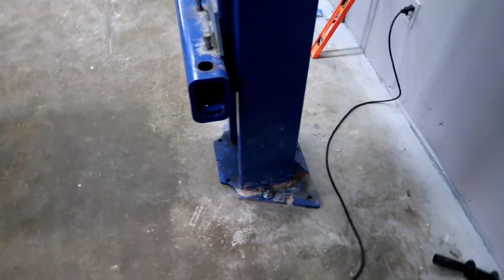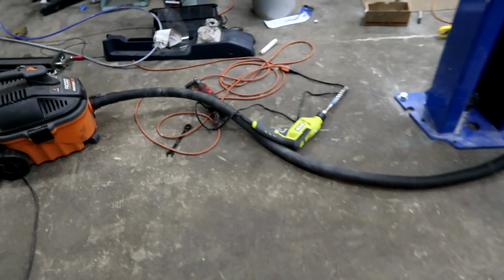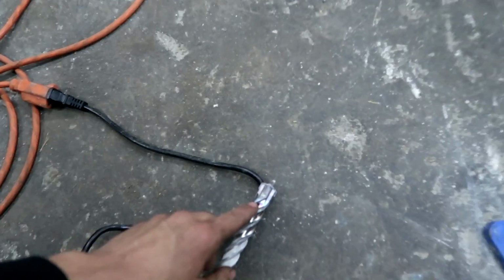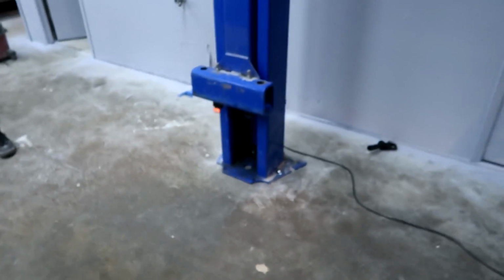Now we have 2 studs on each one, so this thing's not gonna be tipping over, but we still have 4 more holes to drill on each side. They take quite some time to get done because this hammer drill kind of sucks and the drill bit is getting hot on the end and we're starting to fry it up. So we will have some more holes to drill to get it mounted up,